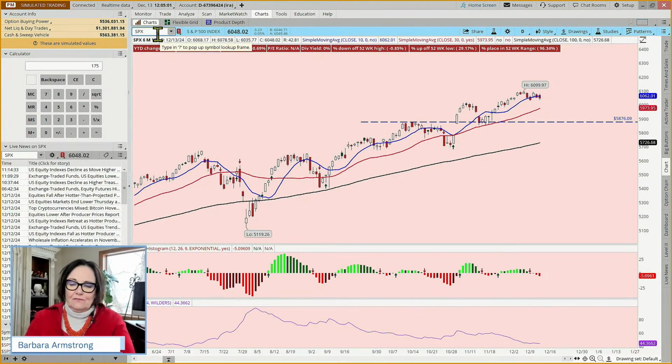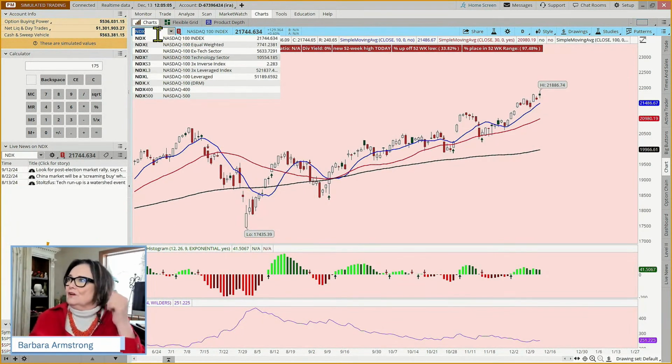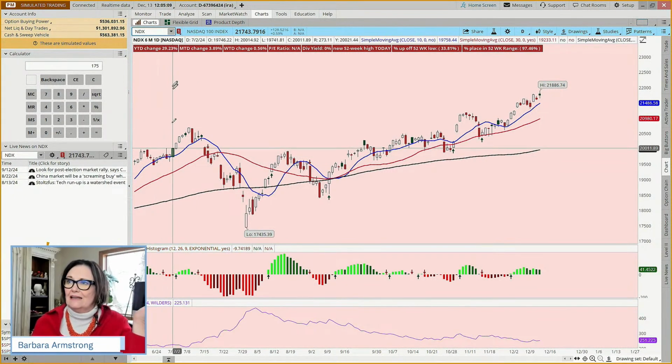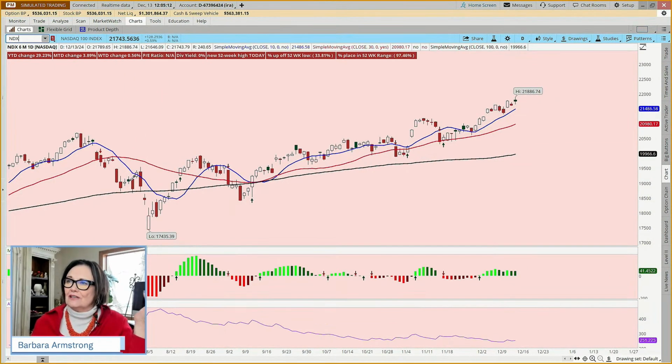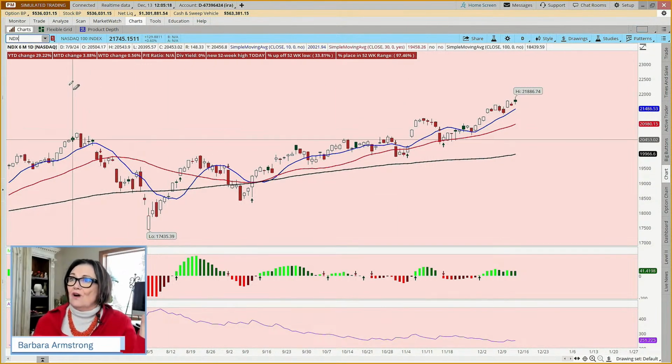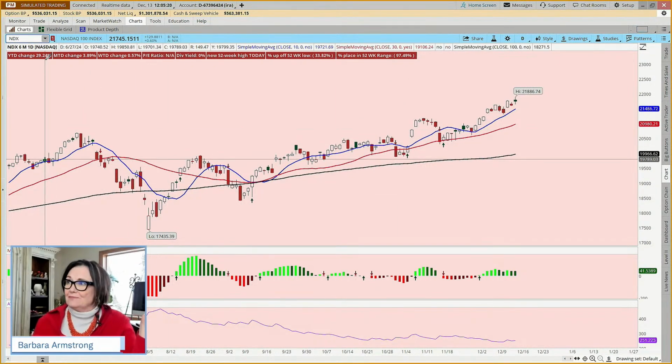If we look at the NASDAQ, NASDAQ hitting a new all-time high today, up 29%. On average, this index is usually, over the last 30 years through all the ups and downs, been up about 13% on average. So 29% is absolutely crushing it. So that's two for the bulls.